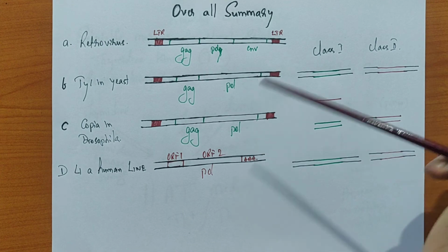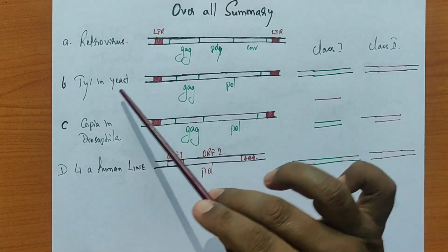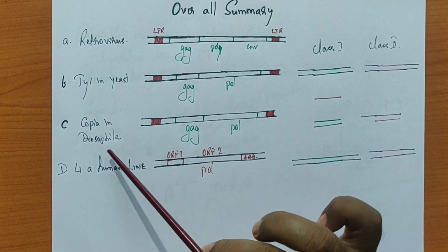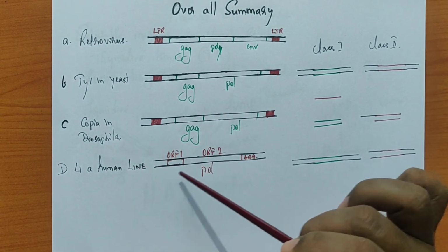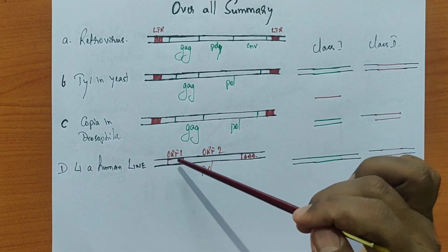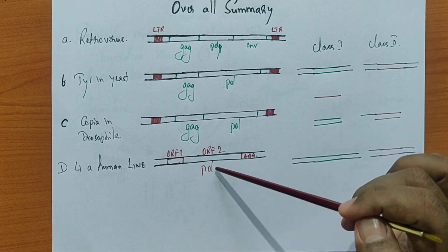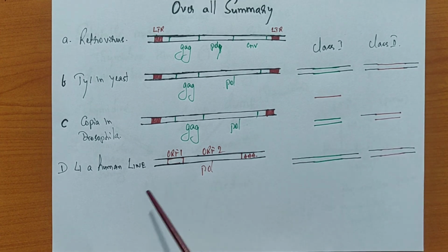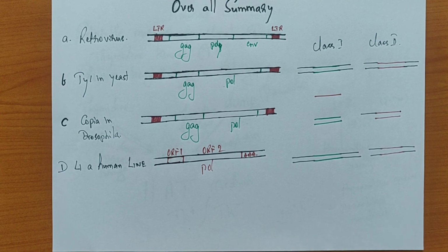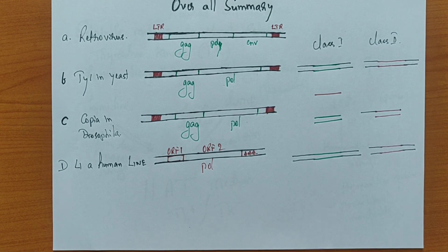So now you have an idea about the structural arrangement of these transposable elements: TY1 in yeast and copia in Drosophila, and even LINE and SINE, which are the repetitive units. Another one is going to be the open reading frame, which codes for the reverse transcriptase enzyme. So now you know why more than 50% of our genetic material is junk DNA, or just repetitive units, in fact.